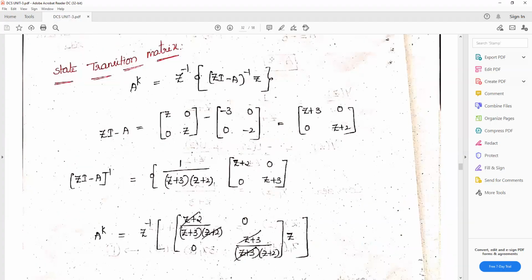So this is the state transition matrix. A power k is equal to the inverse Z transform of (zI minus A) whole inverse into z. So first,